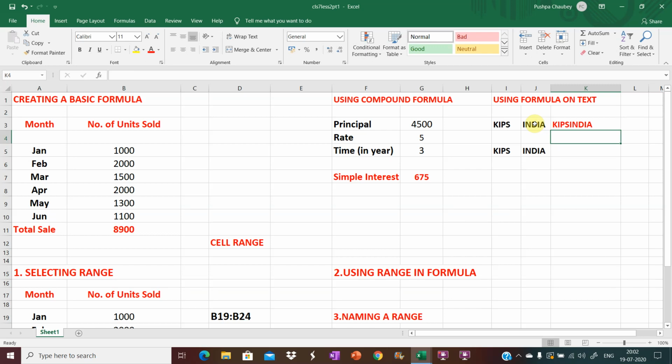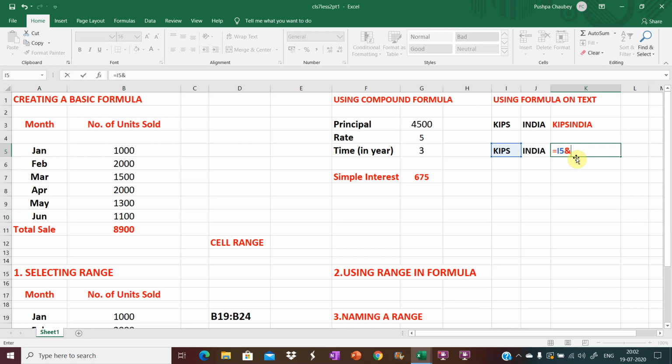Children, addition of two or more text values is called concatenation, and this addition can be done by using the symbol ampersand. If you want the space in between these two words, write formula equal to, click on the cell address where KIPS is written, its cell address is added here. Type ampersand.